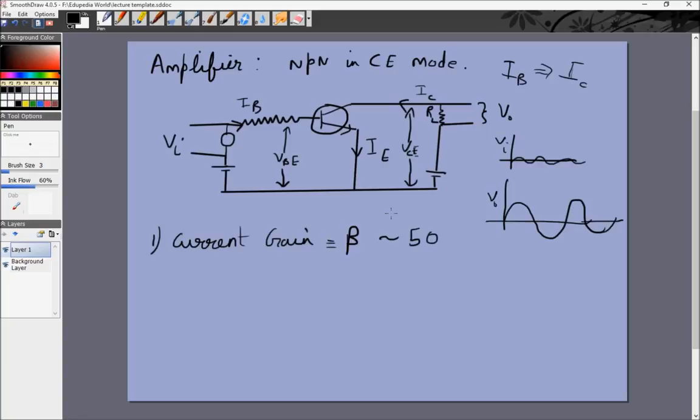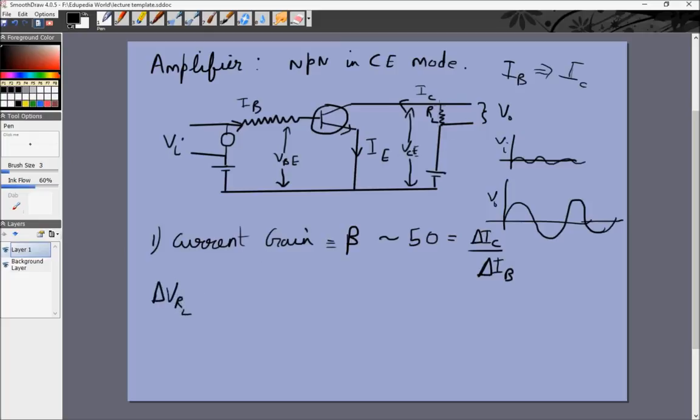That means a small change. I forgot to write what this is. This is delta IC by delta IB. We saw beta for a pure transistor was IC by IB. Here we actually look at change in IC and change in IB. And a small change in IB actually roughly gives around a 50 times change in IC. Right. Now delta VRL,